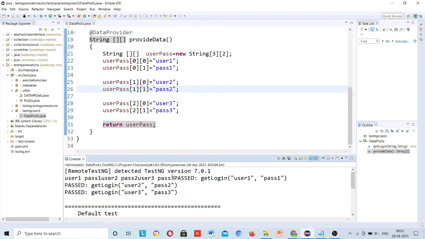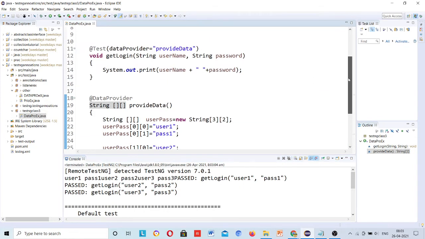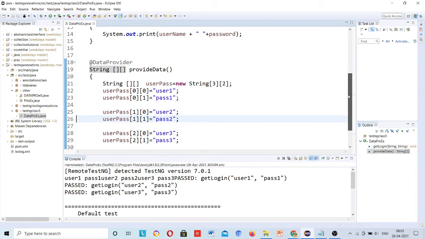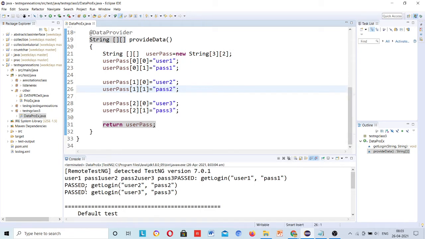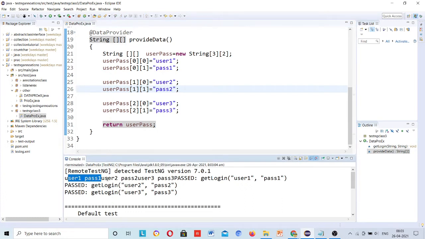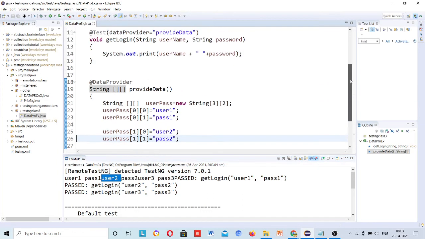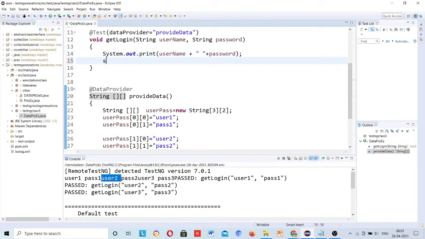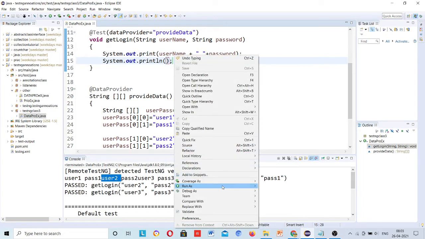Can check, space is not given, space is given. Okay, you can check here. First username and password, then user2 and password2. Let me use a line break here after each user, then it will be more clear.